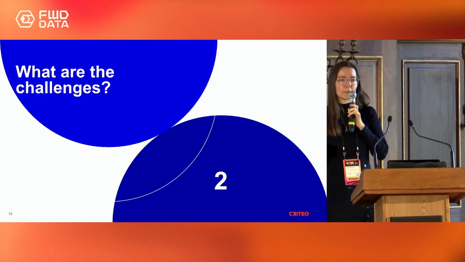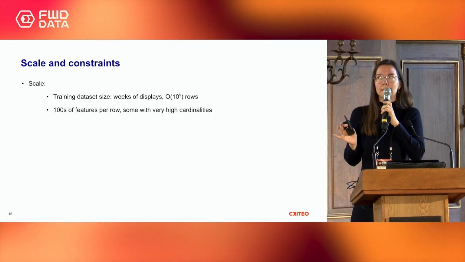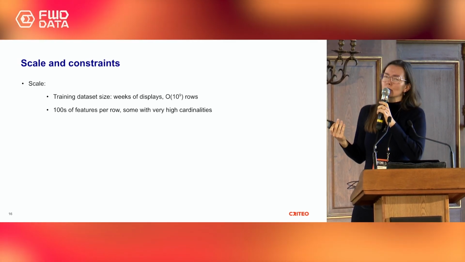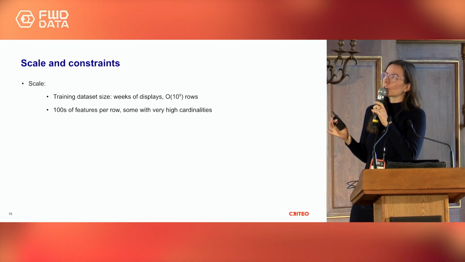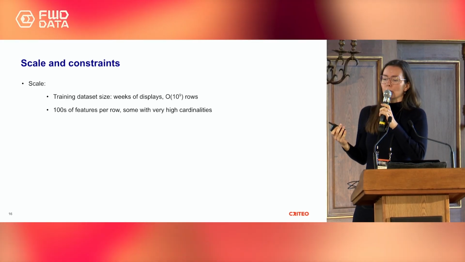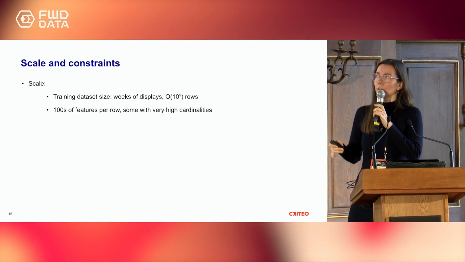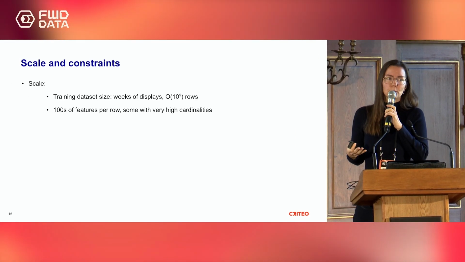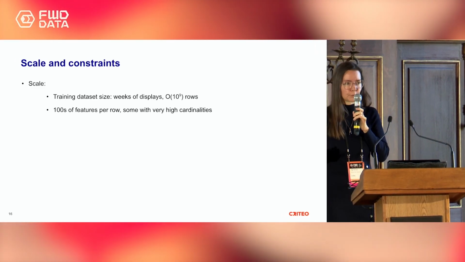So what are some of the challenges? Well, I already mentioned one of them, but let's talk a bit about the data. The good news is that we have a lot of it. Now, the bad news is that we have a lot of it because, yes, it's good to have data, but then it's also a bit tricky to train models on data sets of this size. So typically, we train our models on multiple weeks of impressions for some geographic location. So something that is usual to have as a data set size is billions of rows, and each of those rows has hundreds of features.